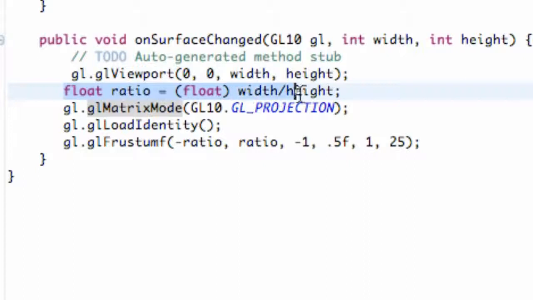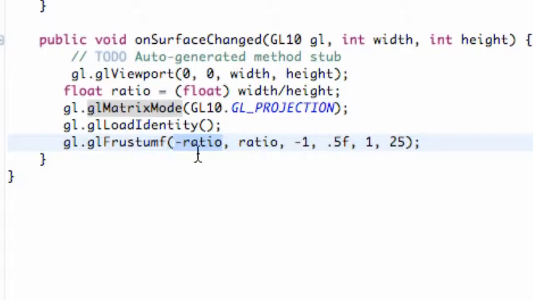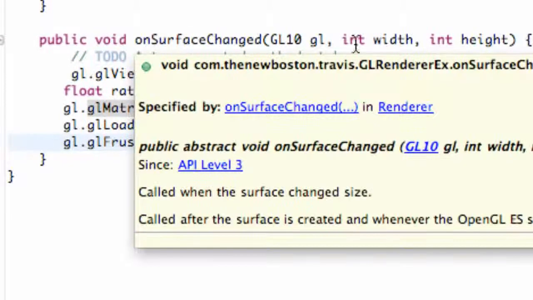And then what we did is we set up a ratio to handle what happens when the person changes their phone from portrait to landscape, and we're going to use this ratio later to define the frustum, which is basically our viewing area, where it's going to load all of our shapes or triangles or whatever. And if it goes out of this box surrounding those triangles, then it's not going to be able to be seen. We'll get into that a little bit more in depth in the next tutorial when we actually see the triangle. I said we'd do it in this tutorial, but